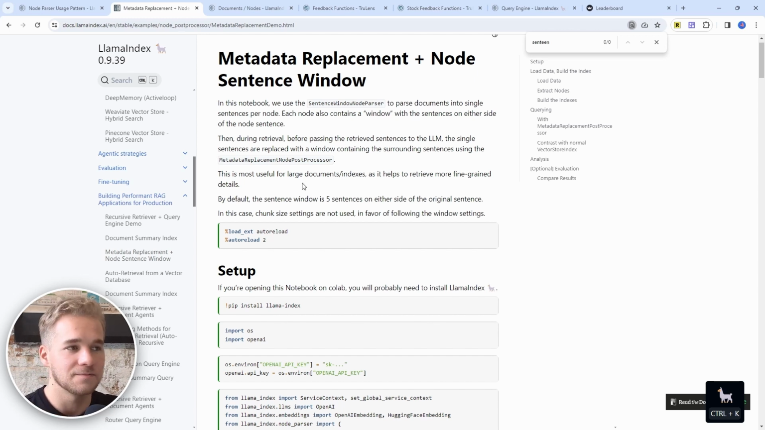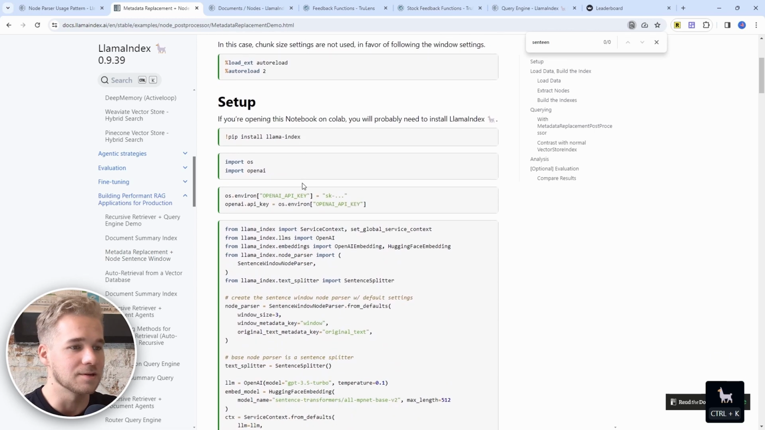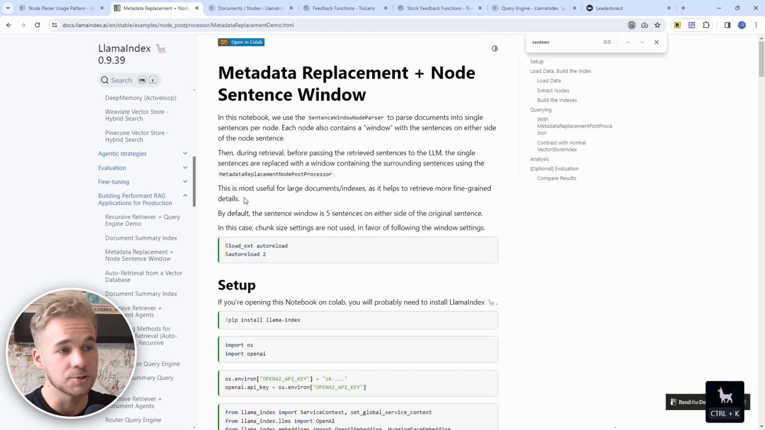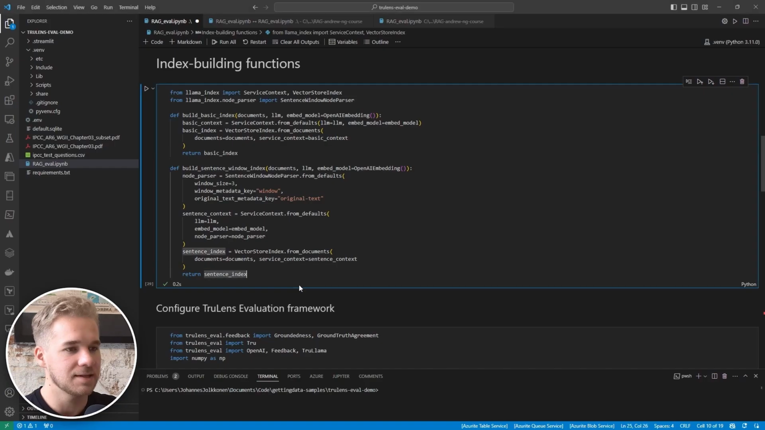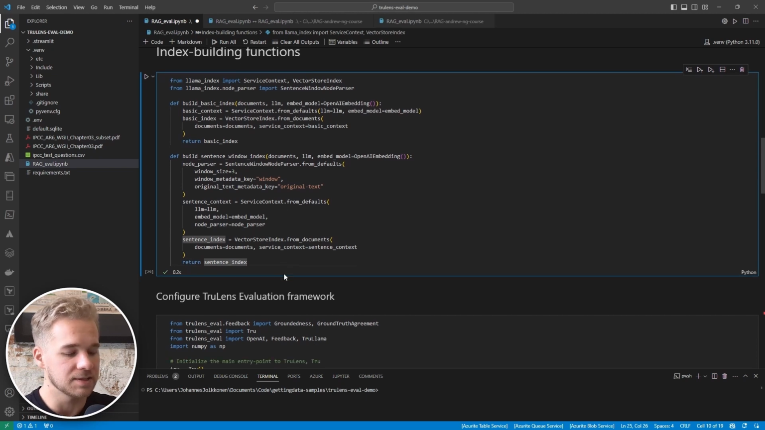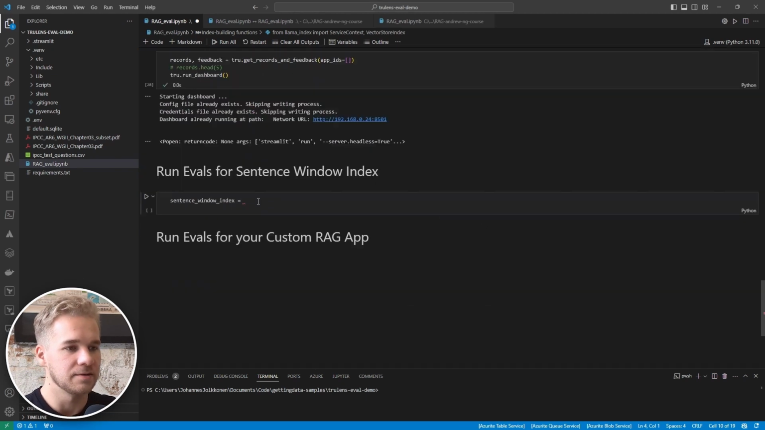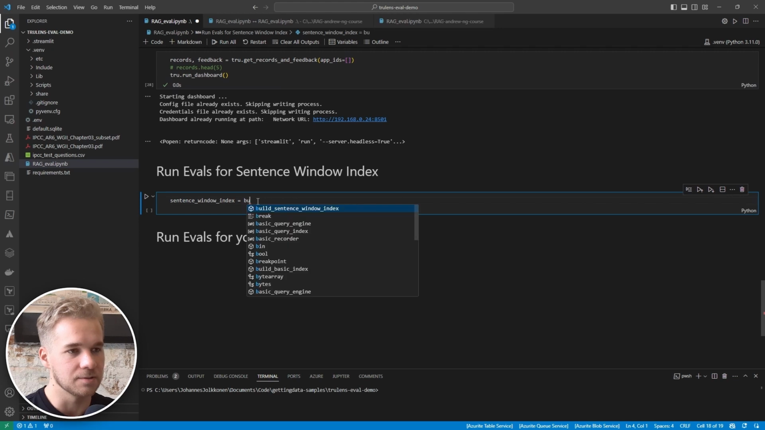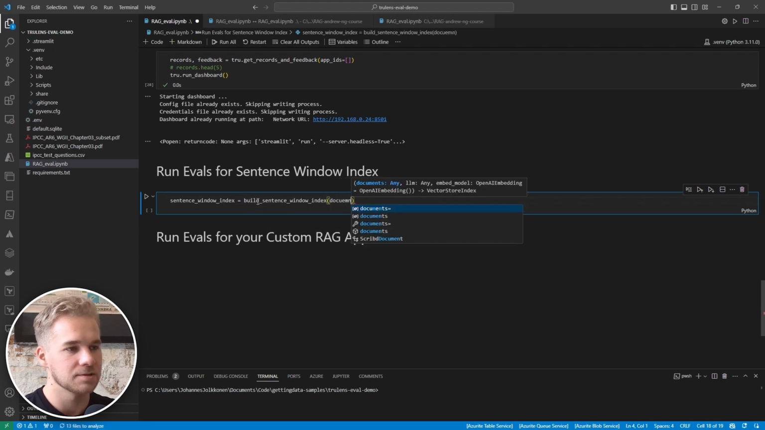So that's just a very, very brief summary. You can read more about it in this page, but it's also summarized nicely here. This can be a useful method to do when you're dealing with large documents and you want to make the retrieval more fine-grained, more specific. So that's all that is, and that's our function. So we're just going to save it, and then we are going to define our sentence window index here with that function. So documents,